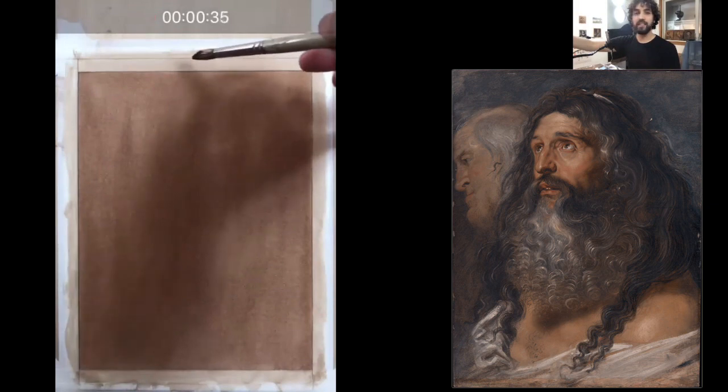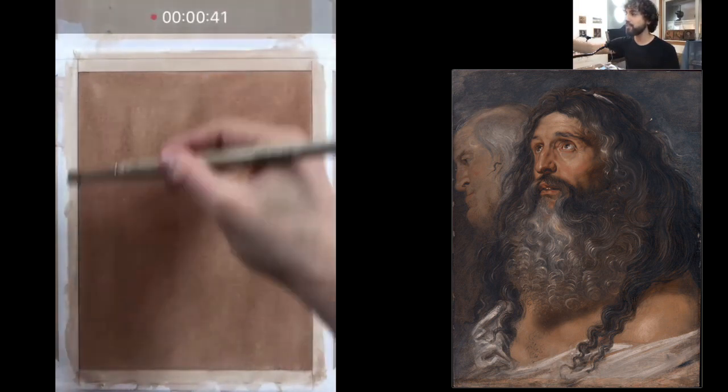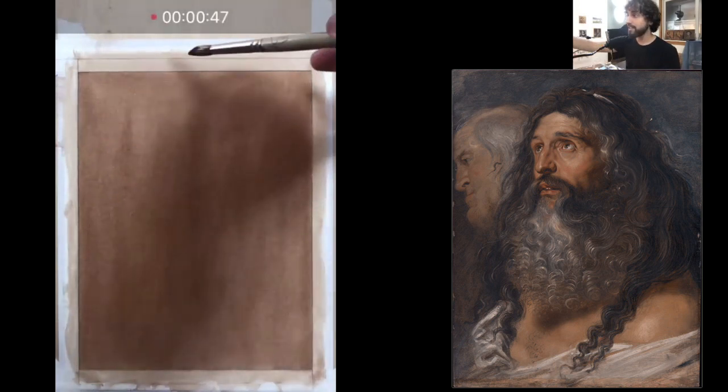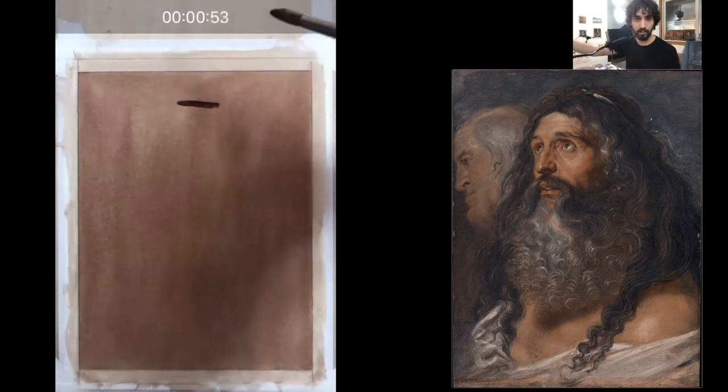So the distance from the edge of the frame is very, very important in being able to keep everything in proportion and make sure nothing gets cropped out. So first things I'm going to be doing is outlining distances from edges. So the head ends roughly here, mark, just a